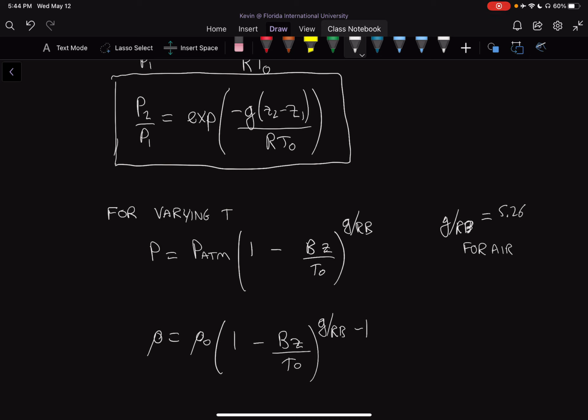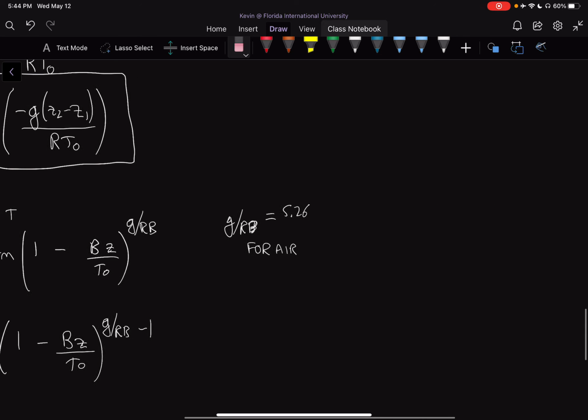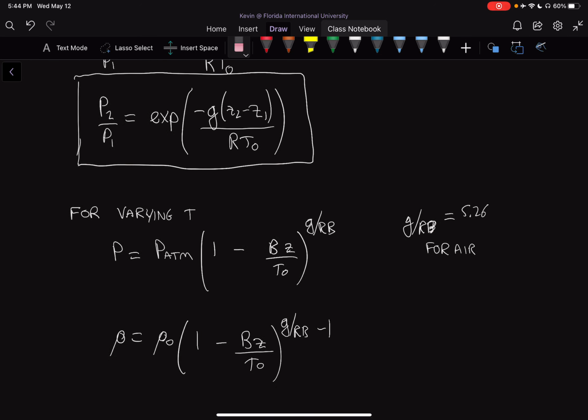Once again, a power. You can see that these are essentially just ways of rearranging the equations. You can convert the equation from pressure to density by doing some mathematical tricks. But essentially, just to give you the constants here,